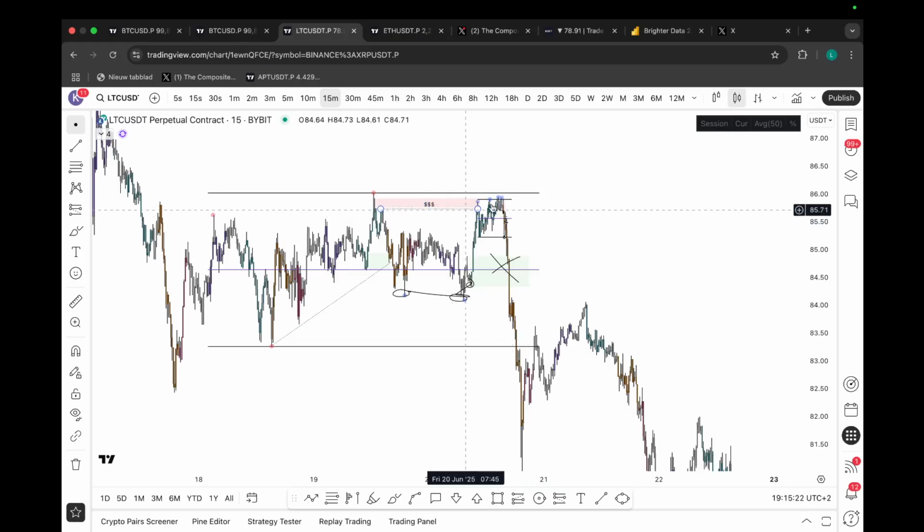Okay, so to summarize, we had a Model 2 distribution schematic where the third tap had its own Model 1 distribution, which was needed because we had a very aggressive expansion into that third tap. And when that's the case, you need some sort of a good-looking individual topping structure for that third tap, so you have conviction that this demand is going to fail. We were qualified to look for the short because Bitcoin was in a bearish environment, and those are always going to be the highest probability setups: having a clear directional bias on Bitcoin and then trading the highest probability pair out there from a TCT standpoint.